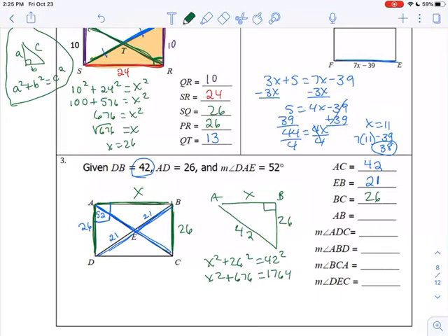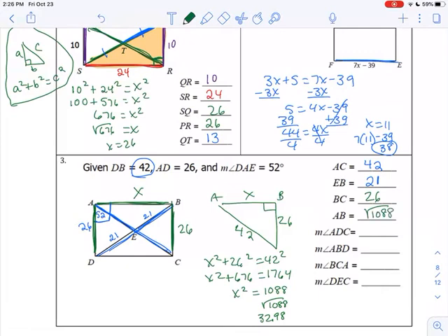So 26 squared is 676. You're using a calculator for this. 42 squared is 1,764. So I'm going to solve for x, so I need to subtract 676. And then I just take the square root of that, and I will round it off. And I get